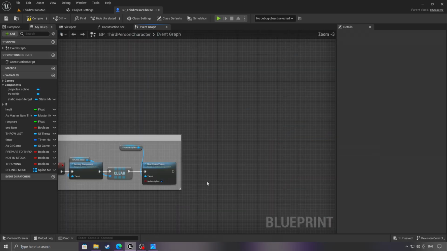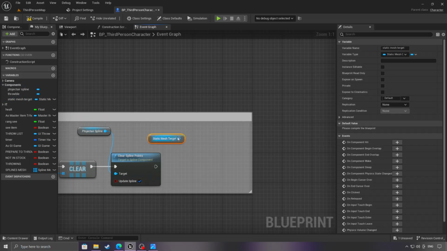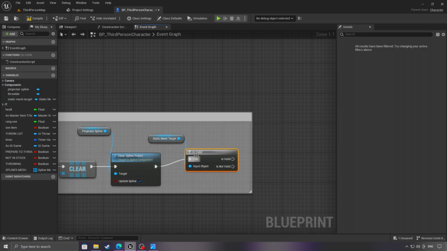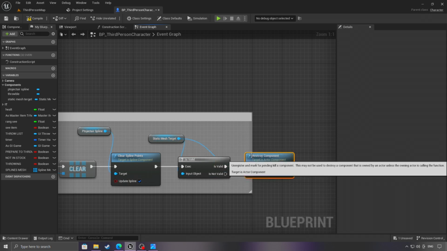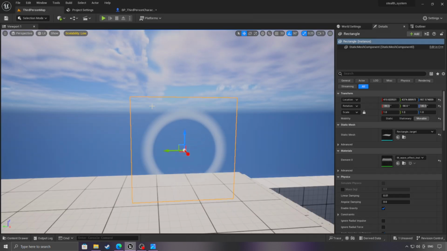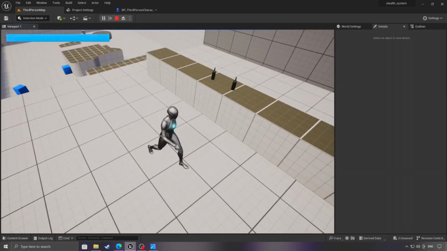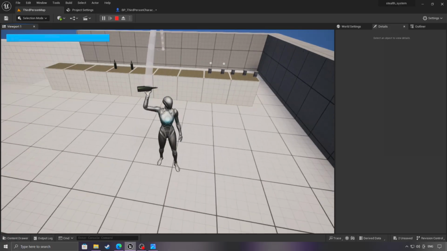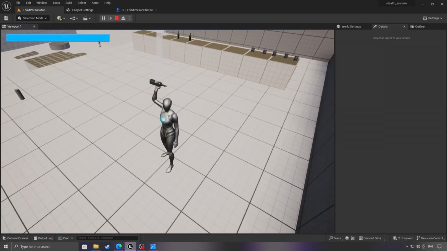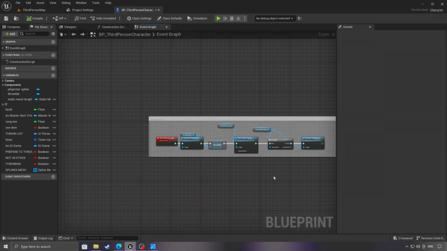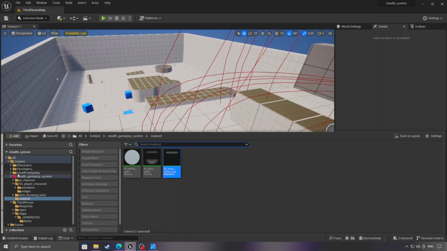After that, in clear throwing path, we check if it is valid, and if so, we destroy it. That's it. Good. Now we have completely finished this part. The next and final part is to make the thrown items act as a distraction for the enemy AI. To do this, we go quickly to the AI controller